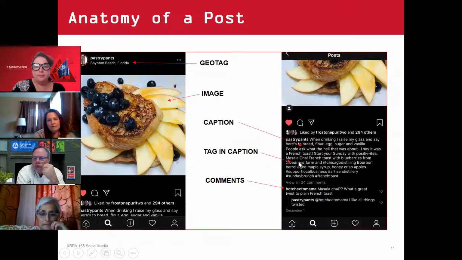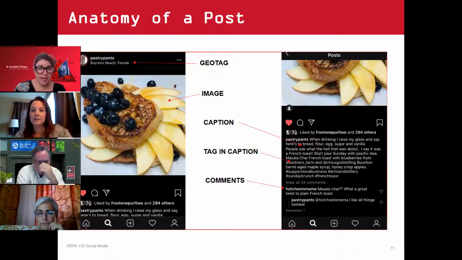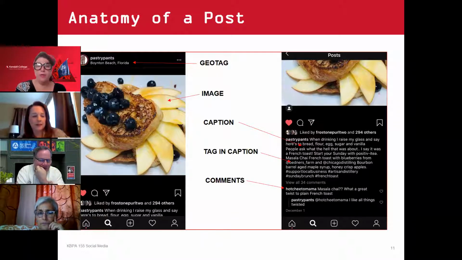So yes, in order to check, first you can go and search the business on Instagram. If it comes up and it's something that has one of those blue checks by it, you're golden. Those blue checks mean that it is a certified account. A certified account means that Instagram and the business have gone through different procedures to verify and ensure that that business is exactly who it says it is.